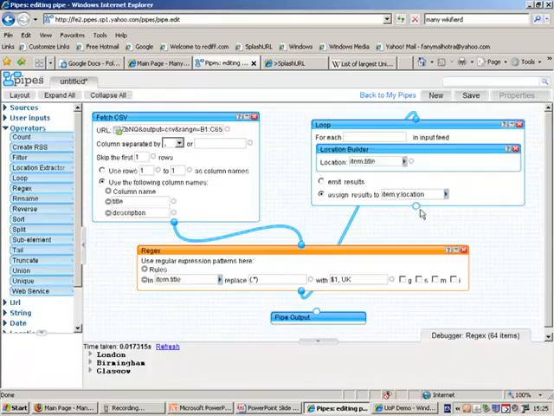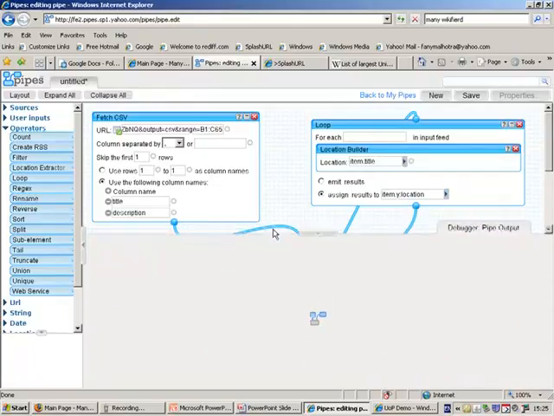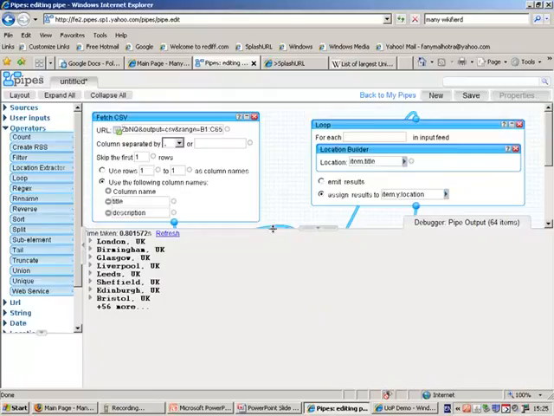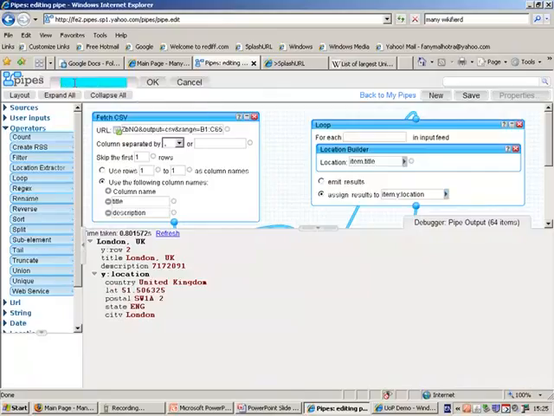So if I wire the output of that pipe up, if we look at the outputs of that, we should now see, hopefully, Birmingham is in the UK. We've got the latitude and longitude for it. Okay, so I've got a list of place names. They've been pulled in from the spreadsheet. The location builder is geocoding them. If I save that pipe,